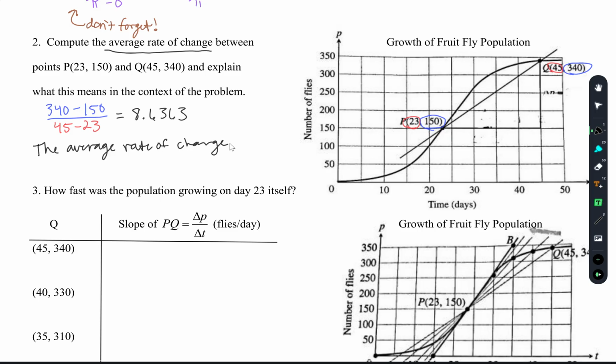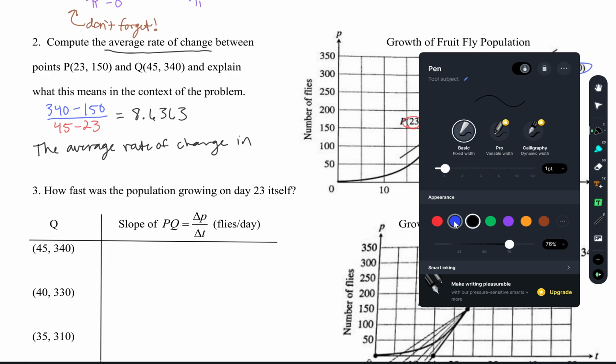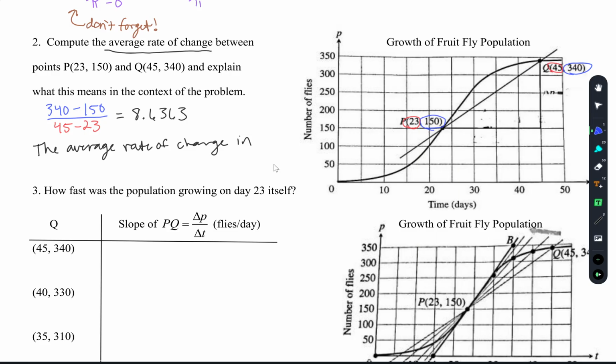Now, what you're finding the change in is your y's. So you're doing slope, but what are you finding the average rate of change in? You're finding the average rate of change in the number of flies or the fly population, something like that. I just said the population,